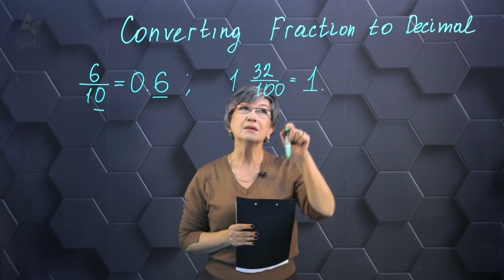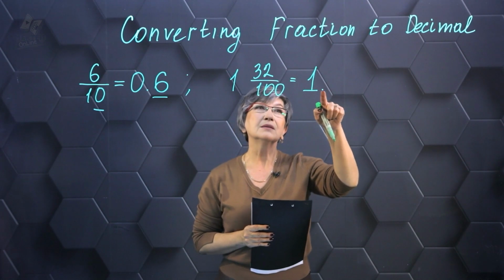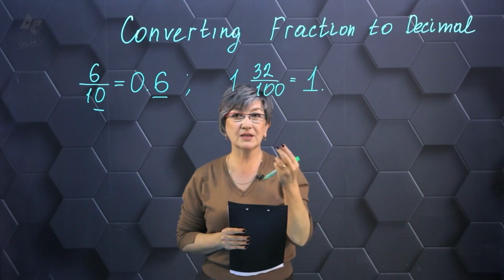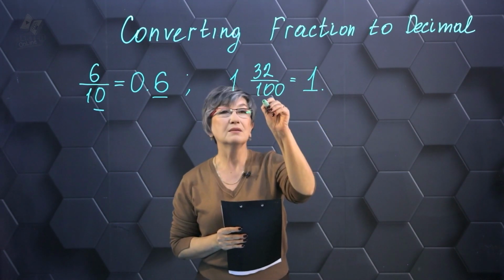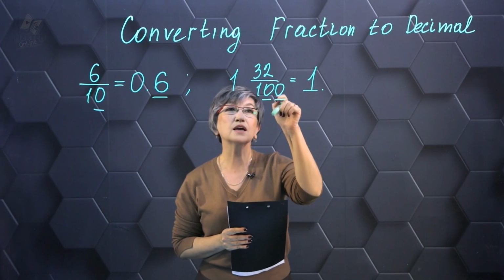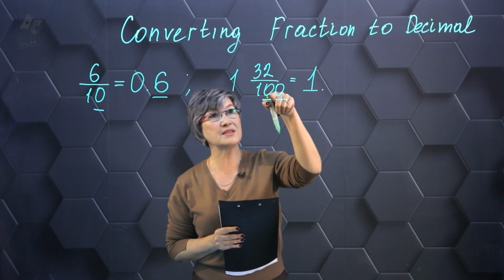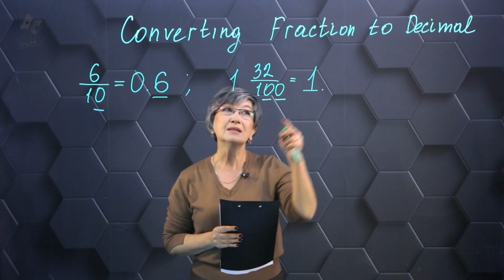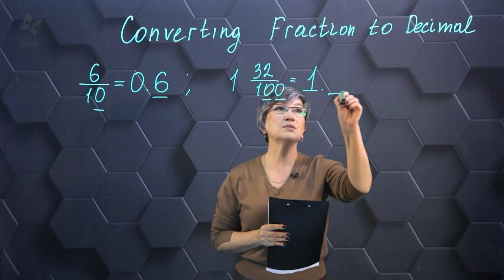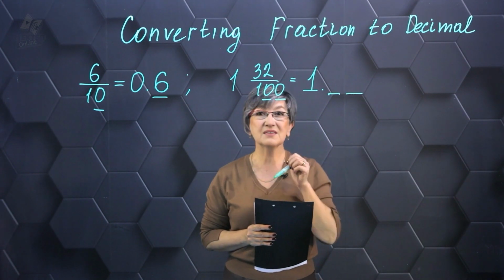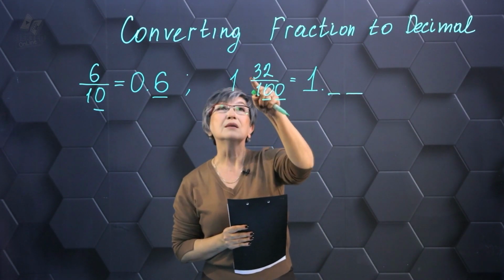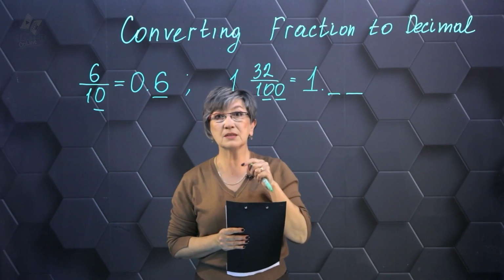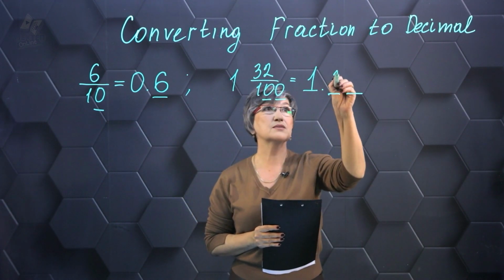And then after the dot, I have to write some digits. Notice how many zeros I have in the denominator. It's 2 zeros, therefore after the decimal point, I must write down 2 digits. And I do have 2 digits in the numerator. So I'm writing 32